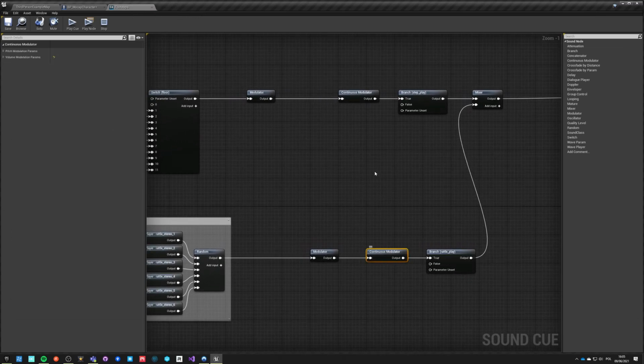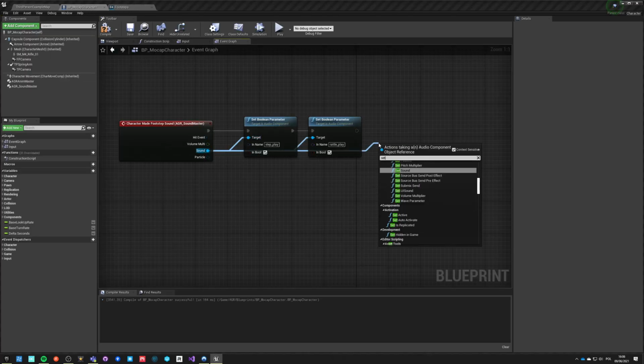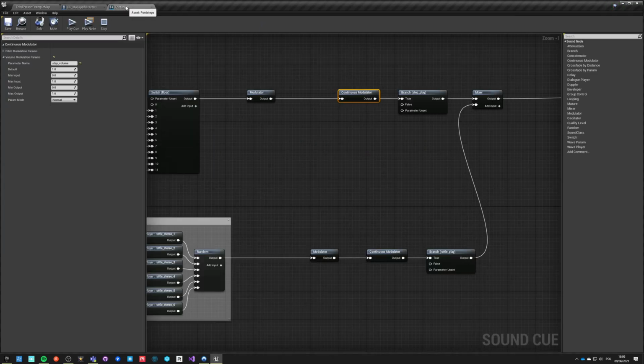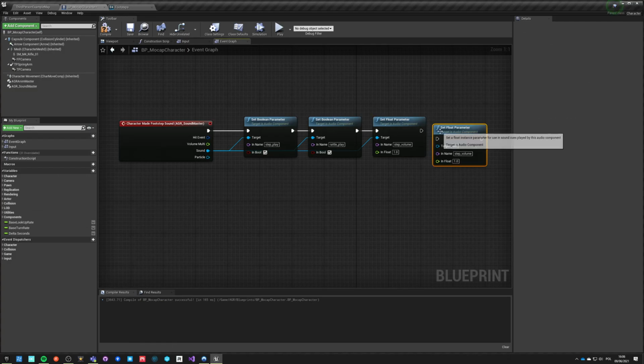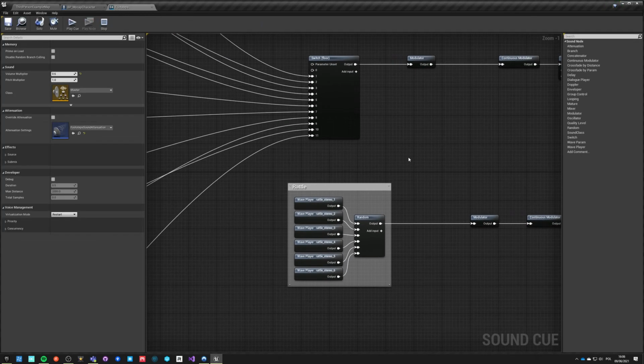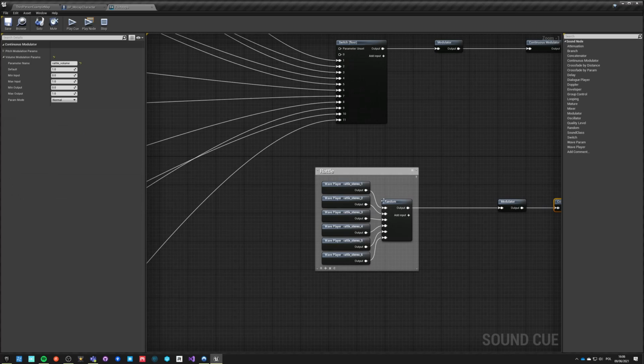and let's go further. We have continuous modulator. This also uses a parameter both here and here. So you have step volume, set parameter, float parameter, step volume, let's say 1 always. And let's go here, and we have rattle volume, and let's say always 1 as well. And I think we got some more. So this is this,